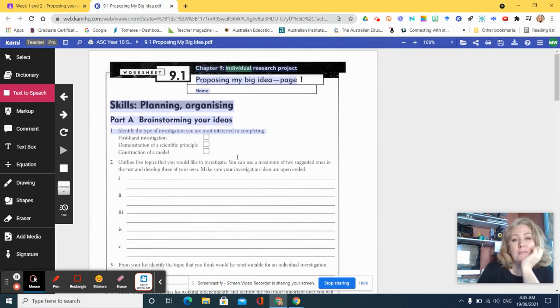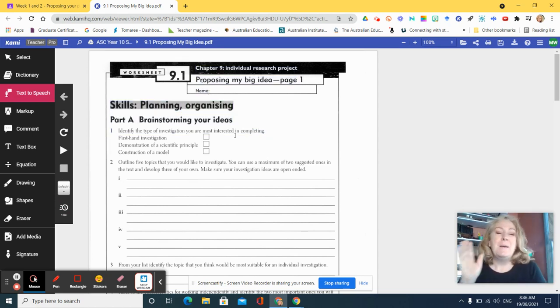Chapter 9, Individual Research Project. Proposing my big idea page. Name. Skills, planning. Organize. But I actually find that really handy because there are times when I just want someone